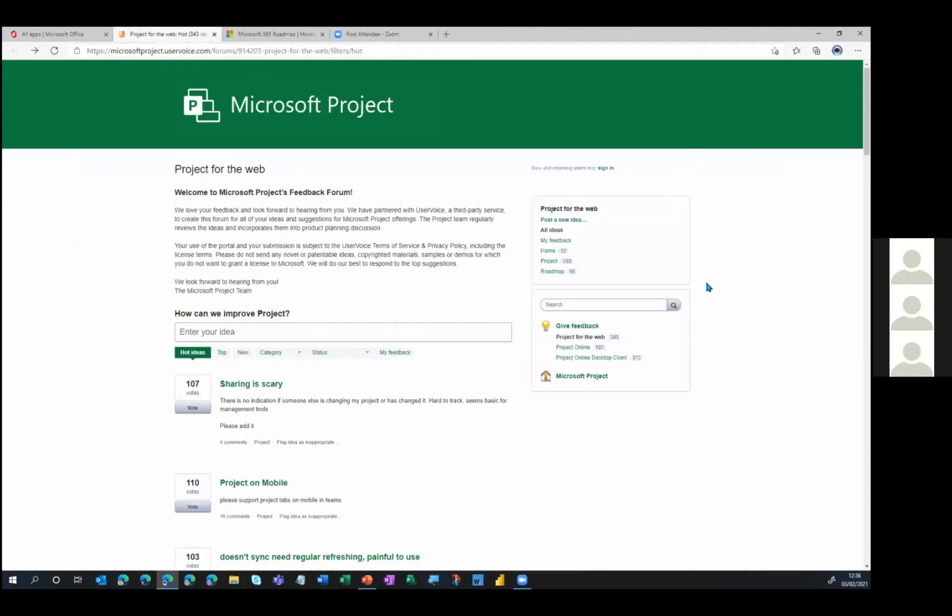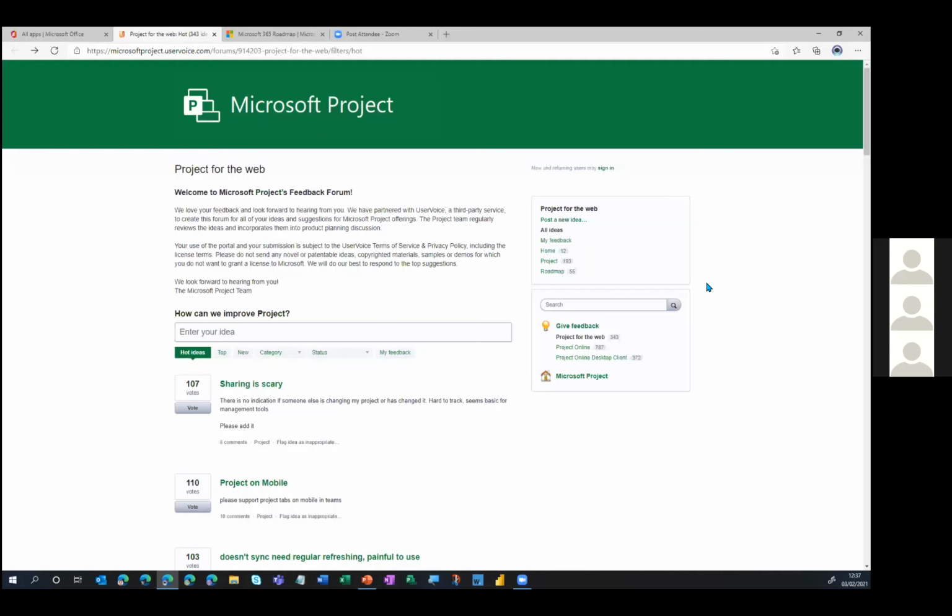Project for the Web as a solution is actually quite different to any other solutions that Microsoft have released historically with this project management theme going through them, because historically it would have been a product team within Microsoft that would have come together and they might have spoken to a few select partners to understand what features they should build into the next version of Project. Whereas with Project for the Web, they've released something that's quite simple and quite embryonic in its nature. They are opening it up to the wider public through the user voice forum, which is now displayed on the screen, and they are inviting feedback.